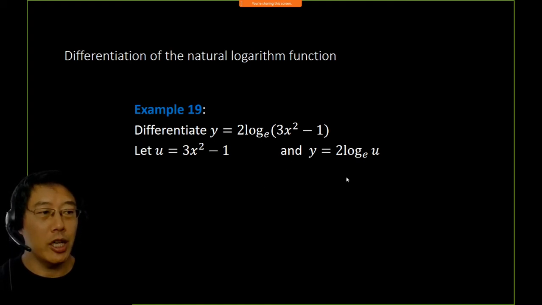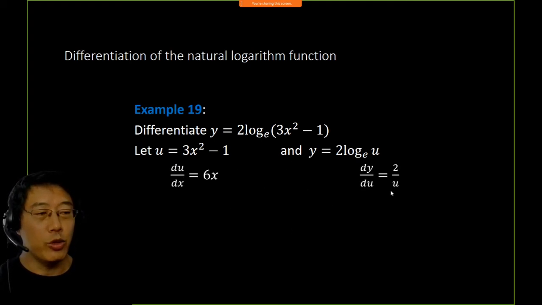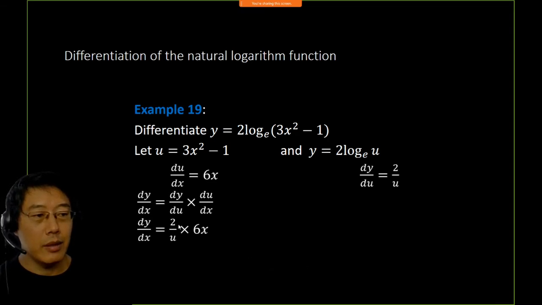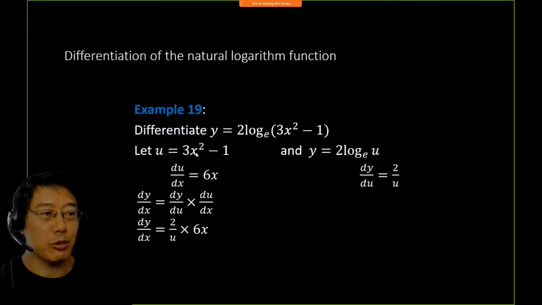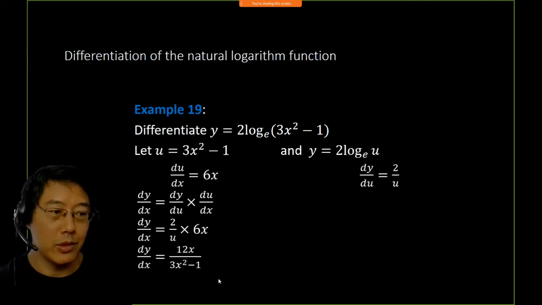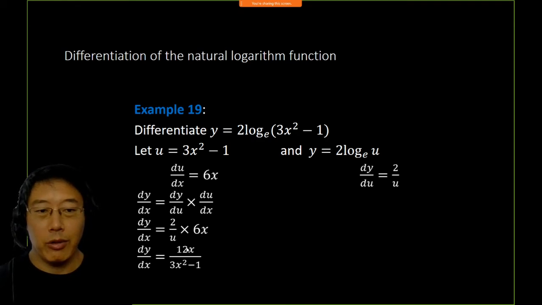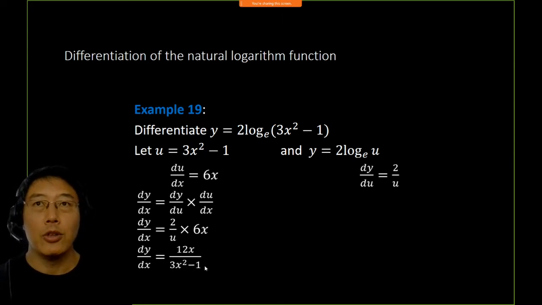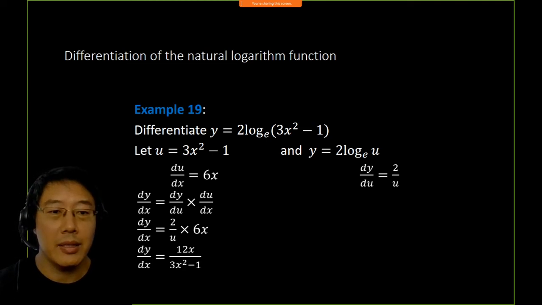We differentiate each one of them. We do the product here, that's dy over dx. And we're going to substitute u by the expression, which is 3x squared minus 1. Okay, so we factorize that. Simple single fraction, 12x over 3x squared minus 1. Now the denominator, you don't need to factorize it yet unless